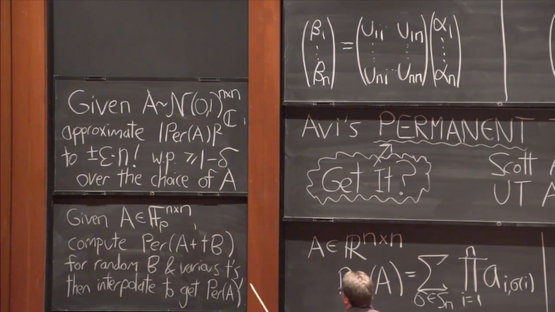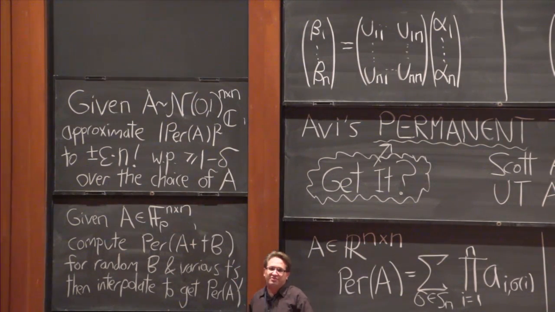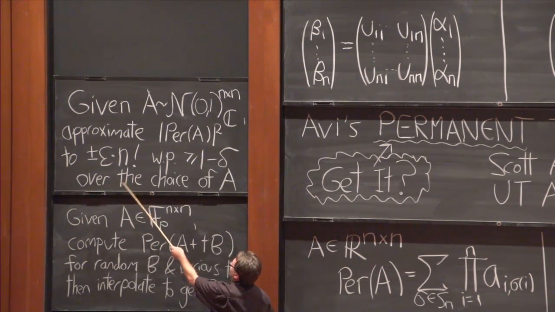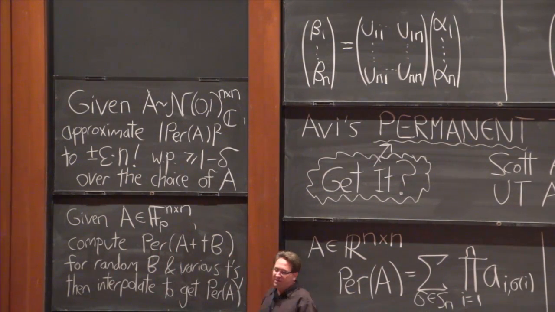Now what you would like is to approximate the permanent of that matrix, or for concreteness, the absolute square of the permanent, to within some reasonably small additive error, plus or minus epsilon times n factorial, with high probability over the choice of matrix. So we conjecture that this is a sharp P hard problem, and